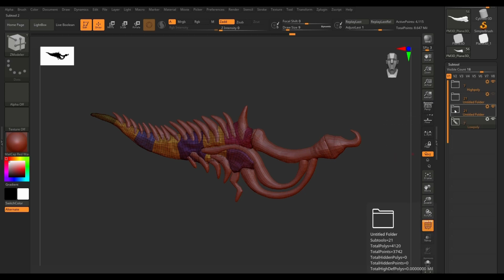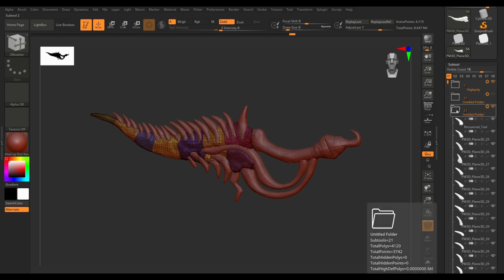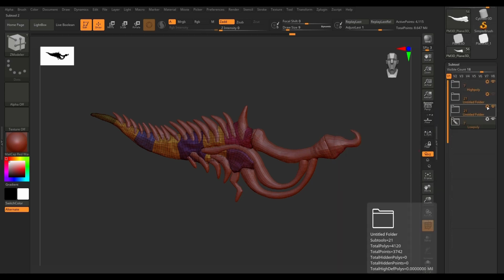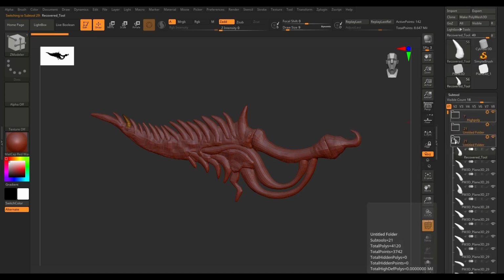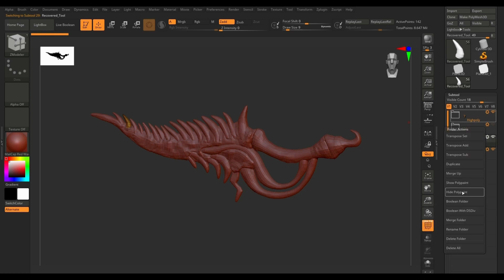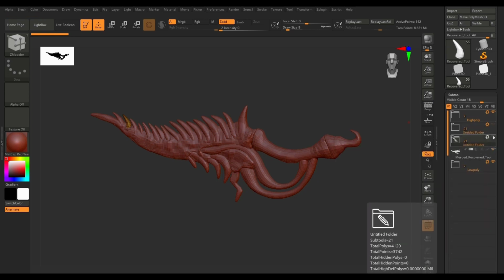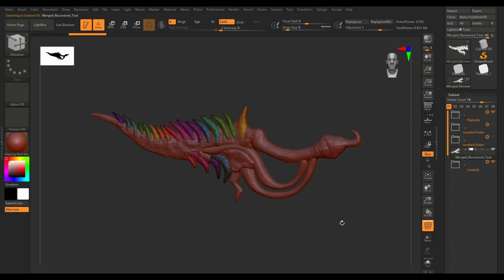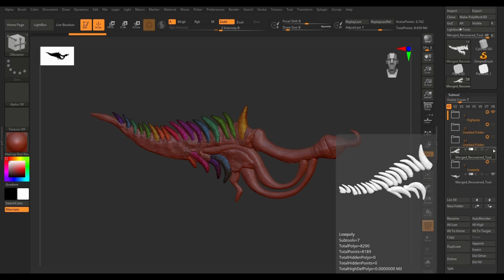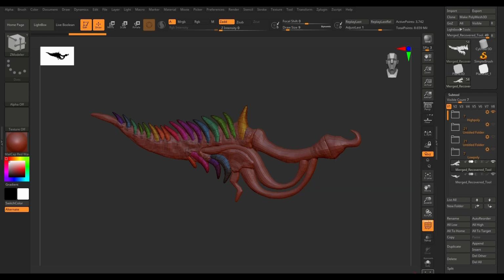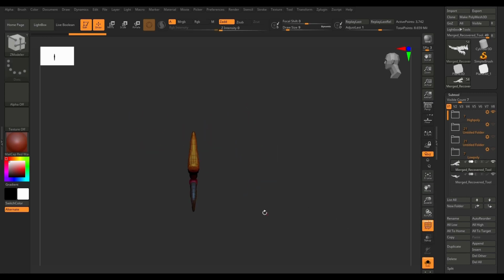we need to first of all make a merge for the teeth. So click on this gear, merge folder. It's gonna hide the folder. Make a merge version. Also for the other parts, again merge. We have two merged. Take this and put it on top. And also let's do the same for teeth